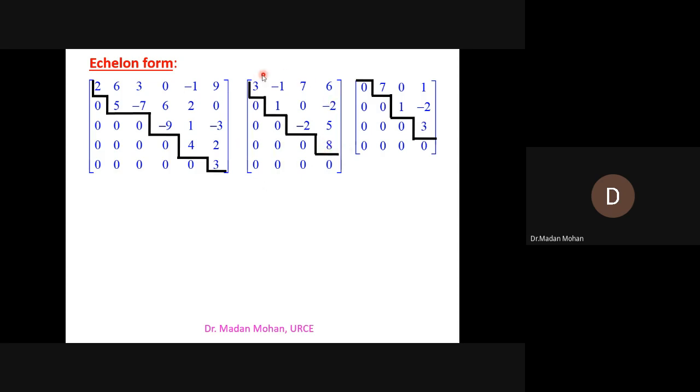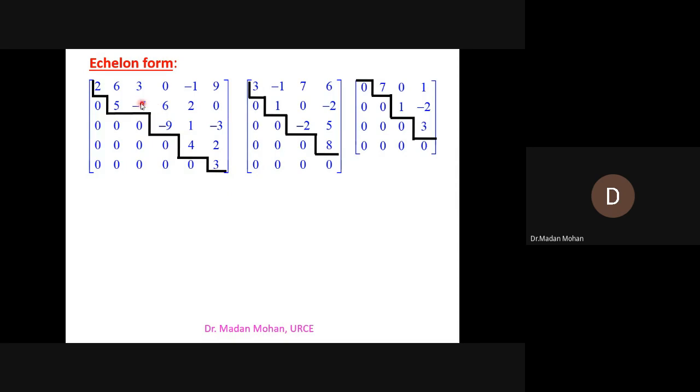All the non-zero rows precede the zero rows. Means the zero row should come at the bottom, the first condition. Zero row should come at the bottom. Coming to the second condition of echelon form definition, the number of zeros